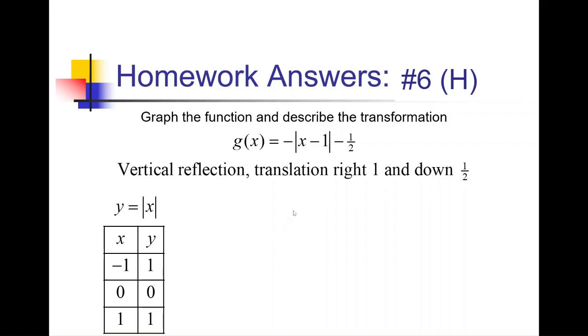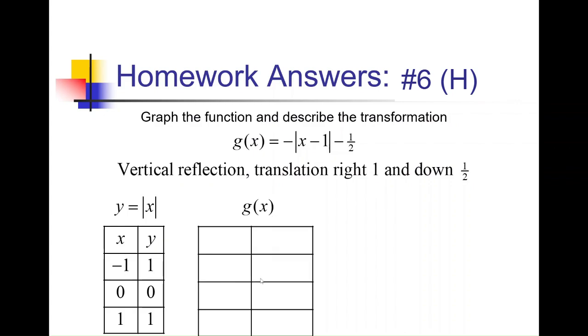So let's come up with our new table now with our new rules for x and y. And that should actually say g. There we go. So this is the g table we're creating here. For the x's, the only thing happening horizontally is we're shifting right 1. So I'll write x plus 1 to make that happen. Vertically, we are reflecting, so we have to do a negative y, and then we have to subtract 1/2 from whatever that becomes. So for the x's, just adding 1,